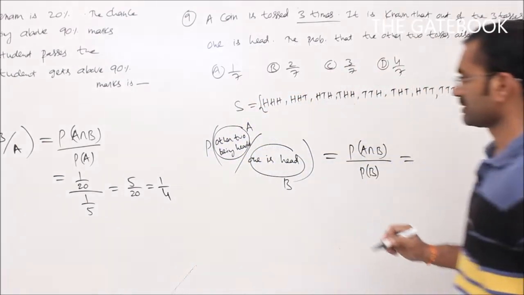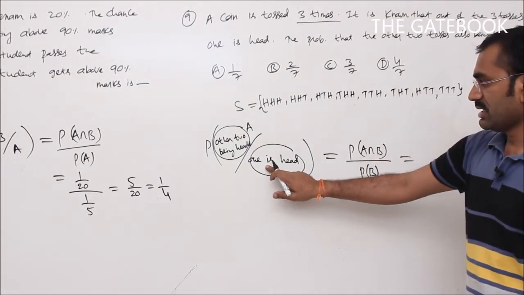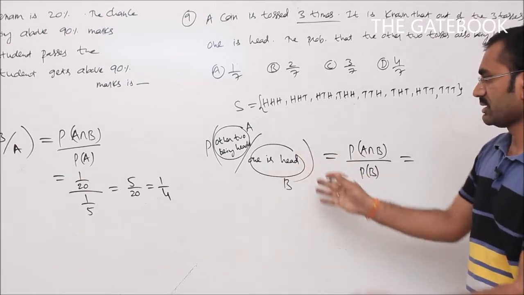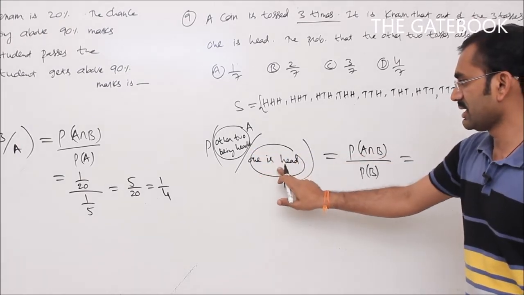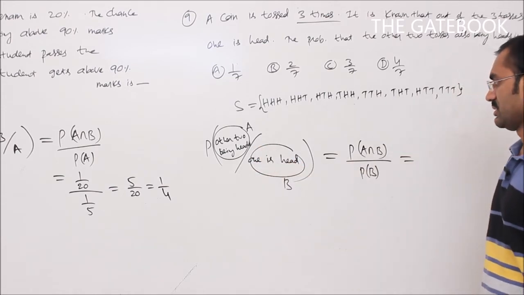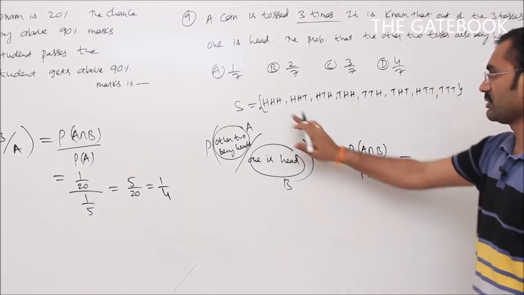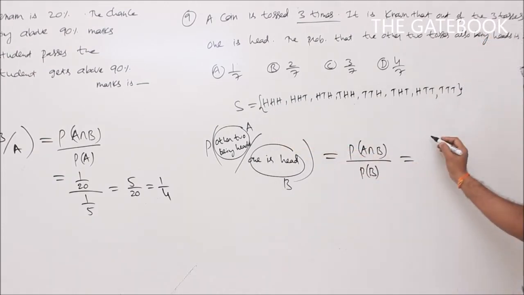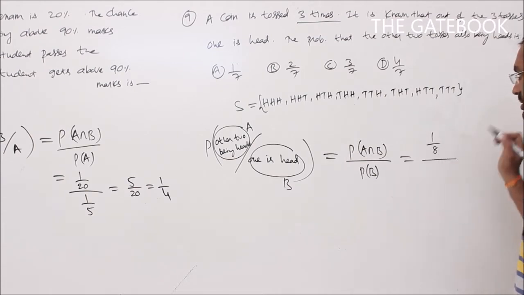What is the P of A intersection B here? That is the combination of both the events: one is head, other two being heads. What is the intersection part here? Other two being heads, one is head, that means all three heads. All three heads means we get only one combination. So we get here 1 by 8 divided by